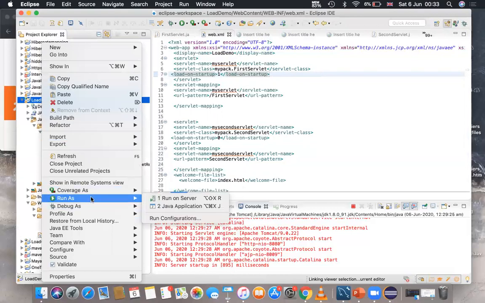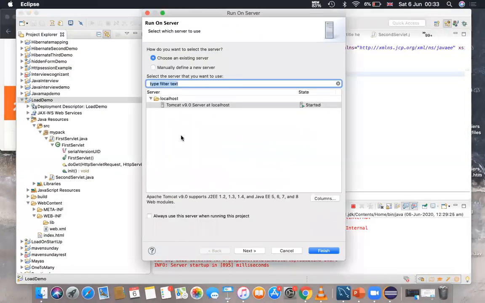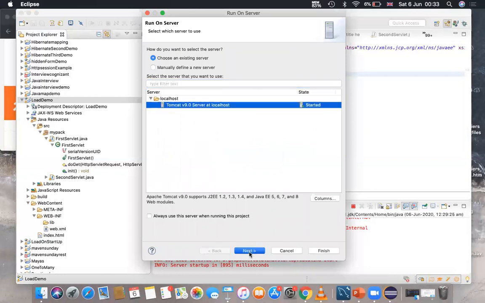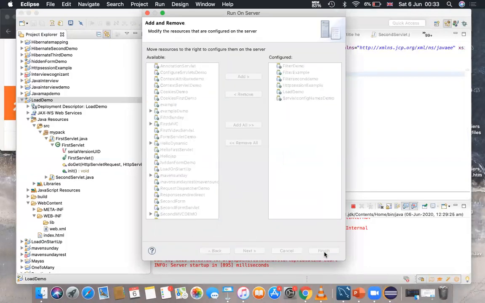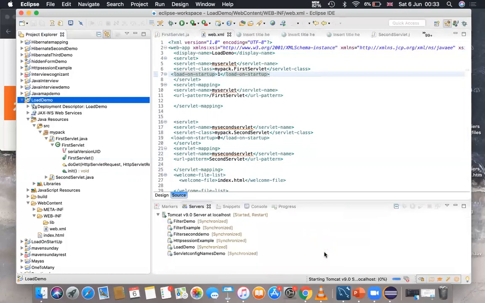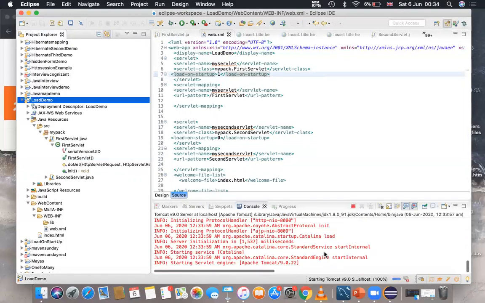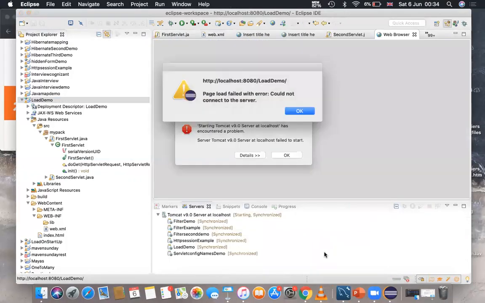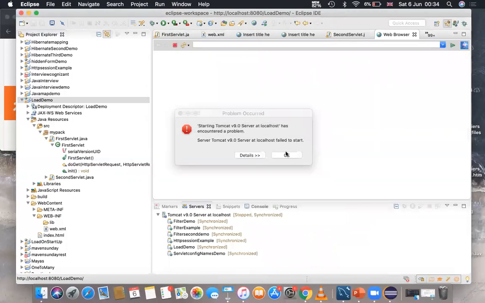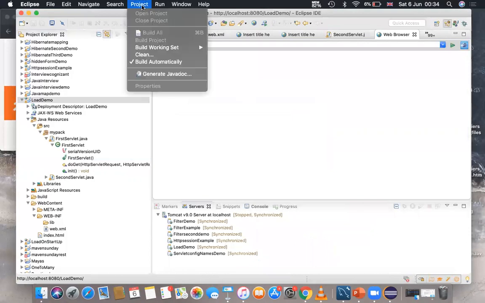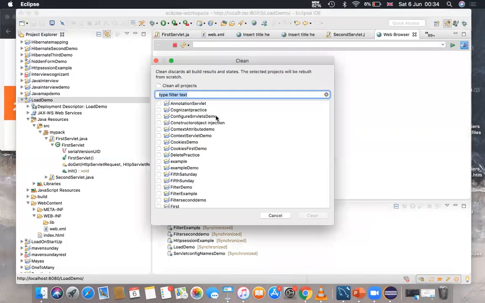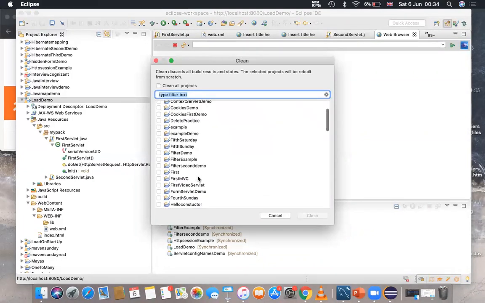Run on server. Should clean it, then only it is working. The name of the project is load demo.